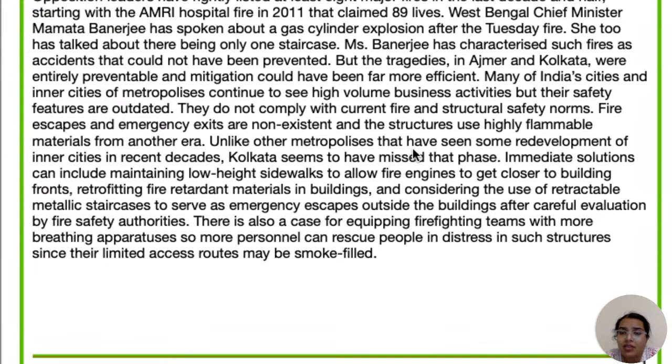Unlike other metropolises that have seen some redevelopment of inner cities, Kolkata seems to have missed that. So some metropolises have improved with respect to the infra and safety norms, but Kolkata ने नहीं करा है. Immediate solutions can include maintaining low height sidewalks. So some of the suggestions here, immediate solutions that could be quickly applied: maintaining low height sidewalks to allow fire engines to get closer,